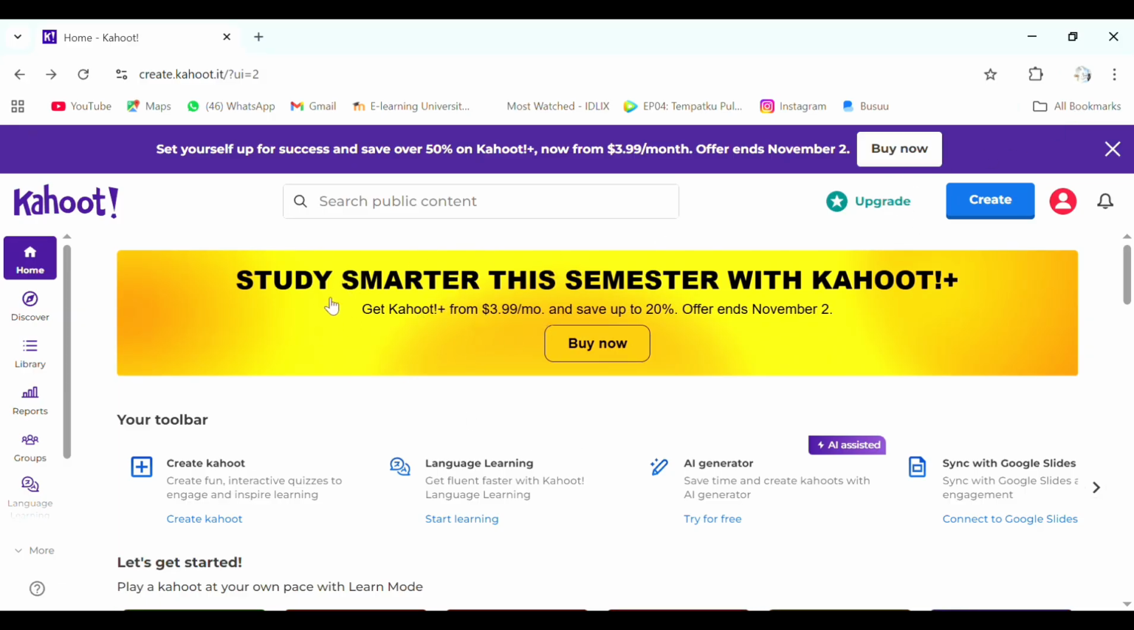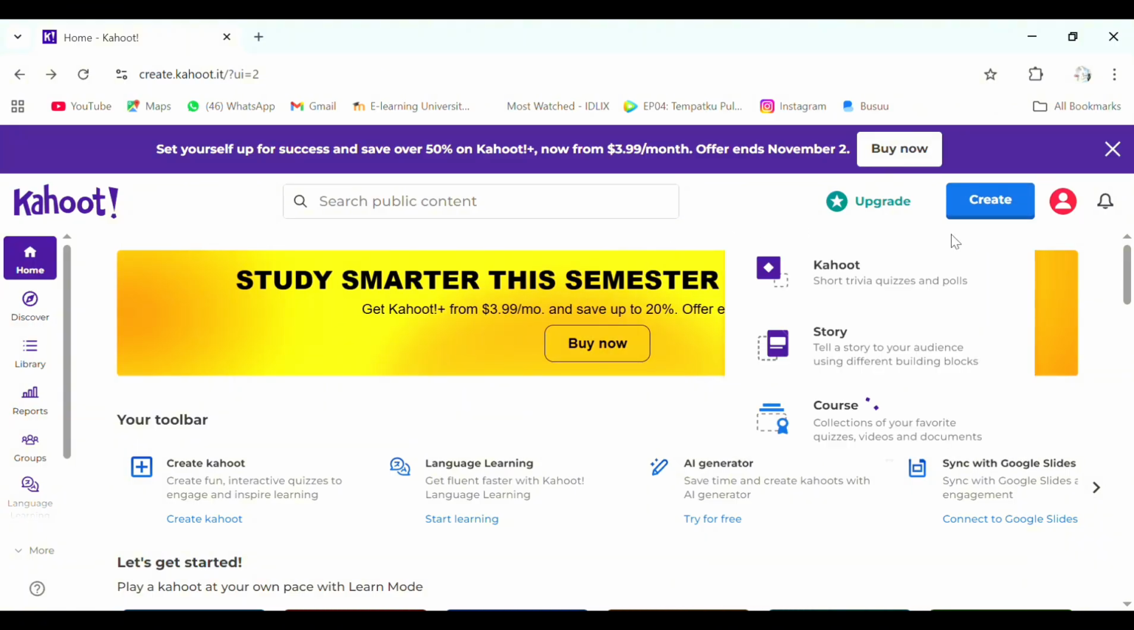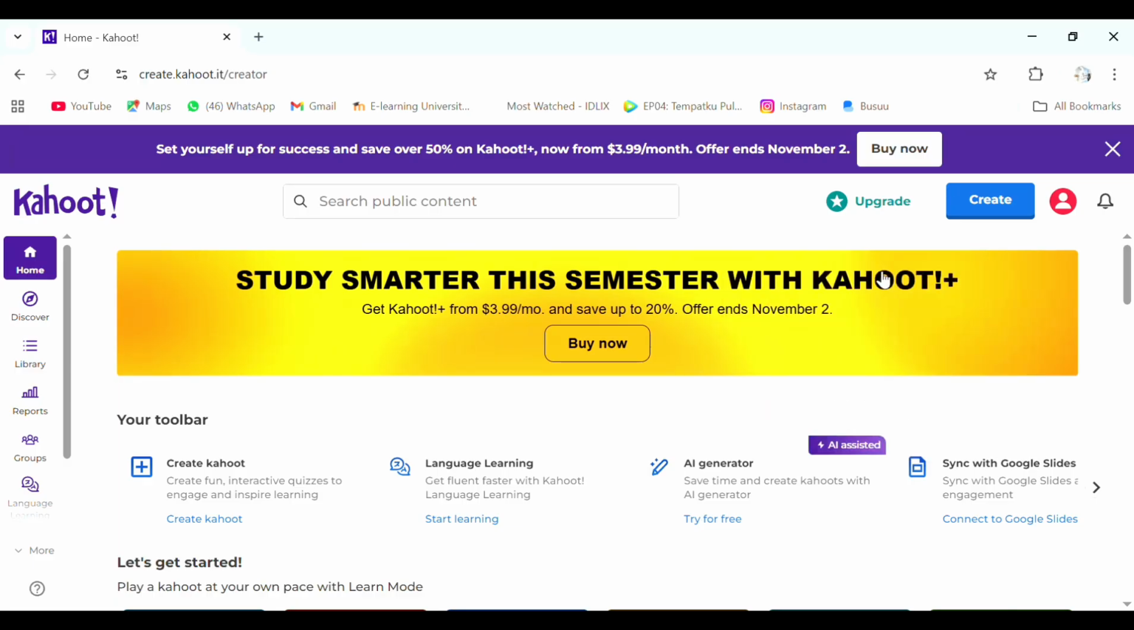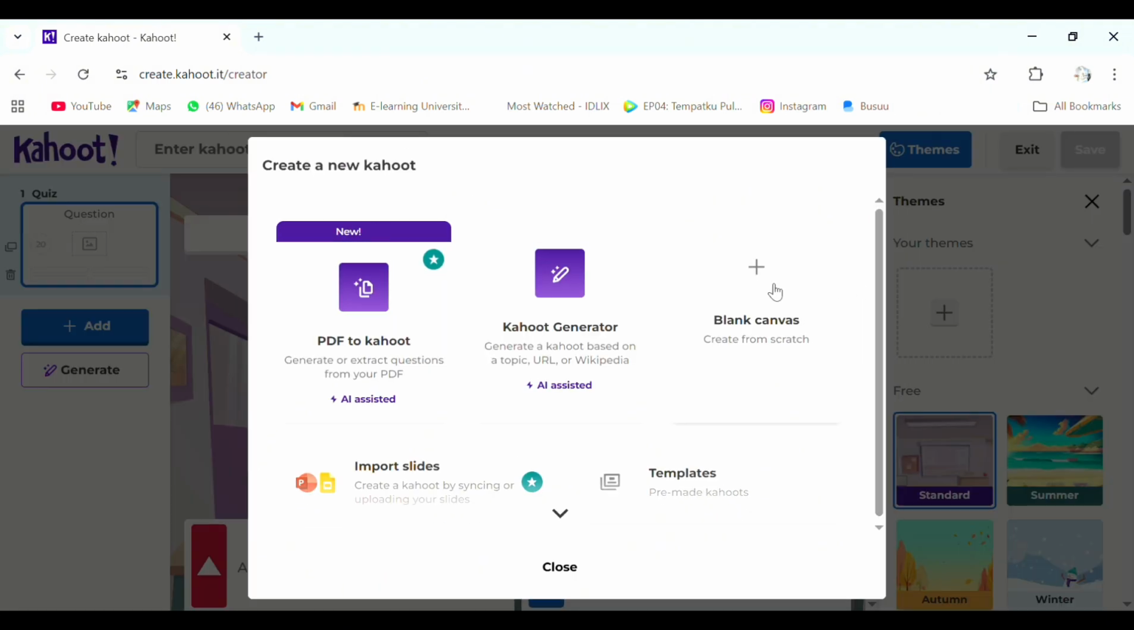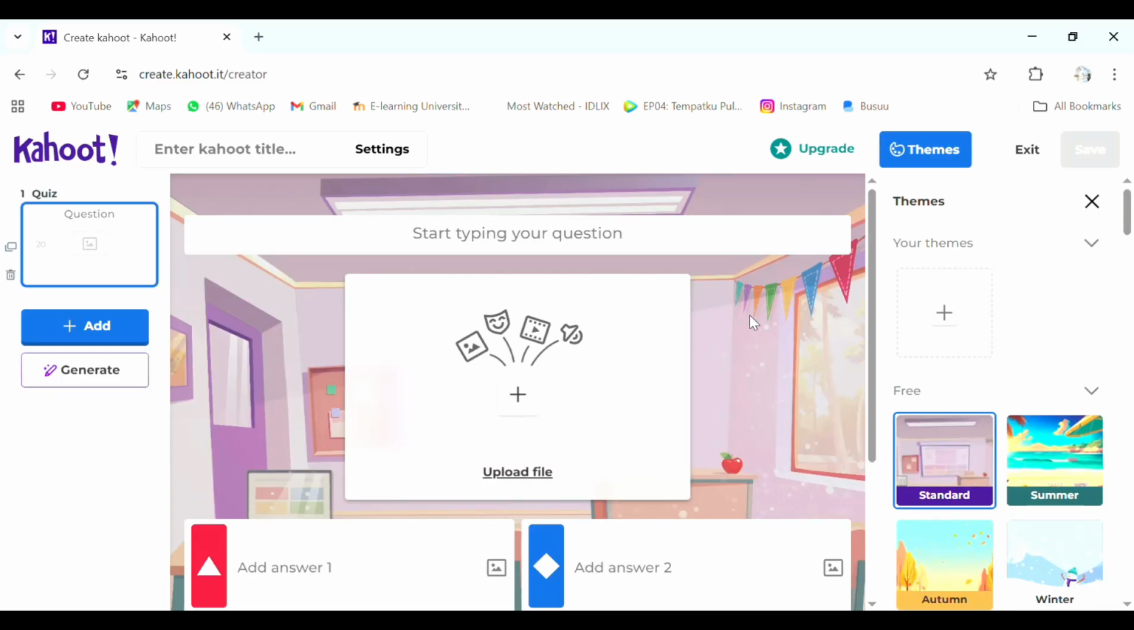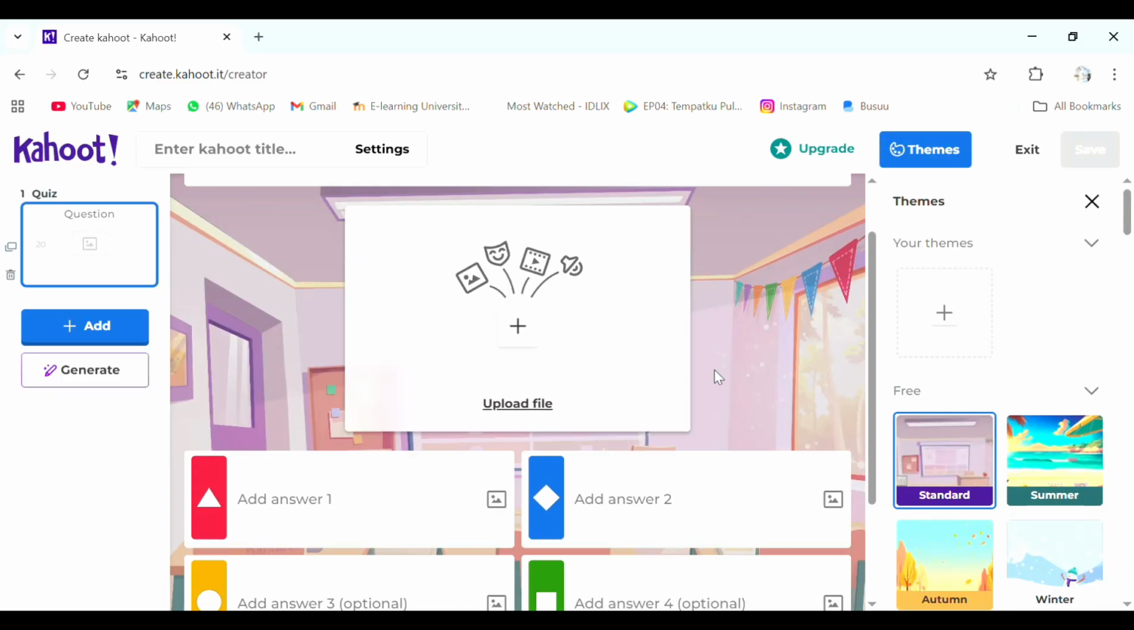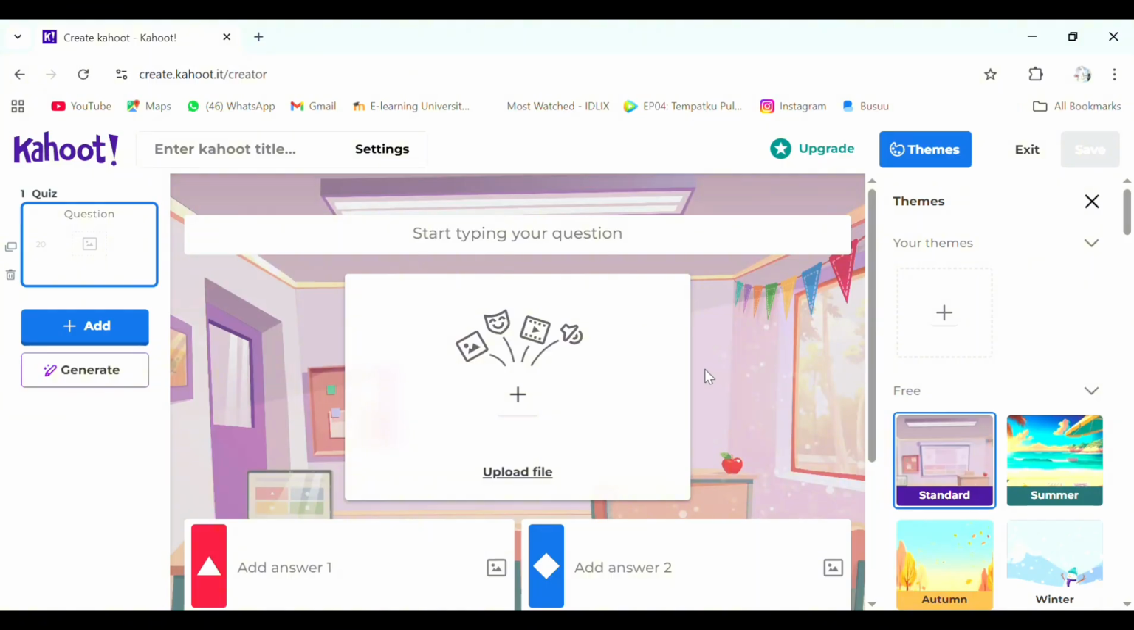Now, let's try making a quiz. Click the Create button at the top. You can start a new Kahoot or use a ready-made template. To make a new quiz, you can click blank canvas. We will make a question, for example, about